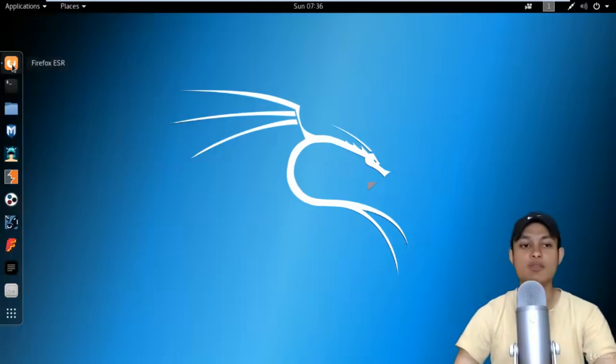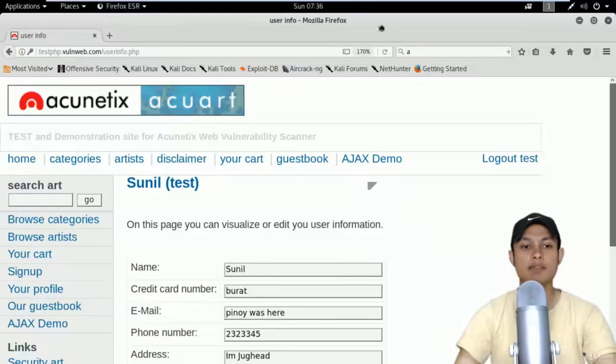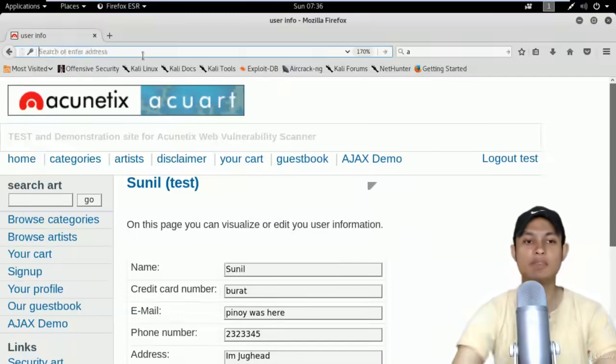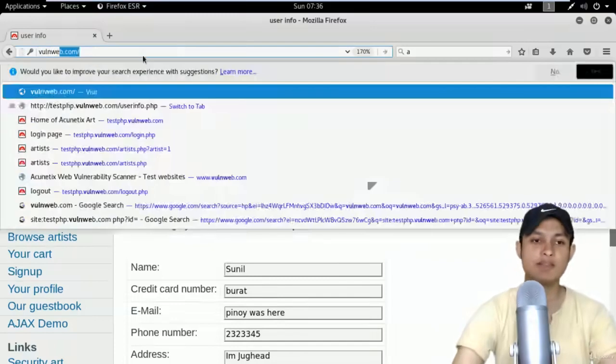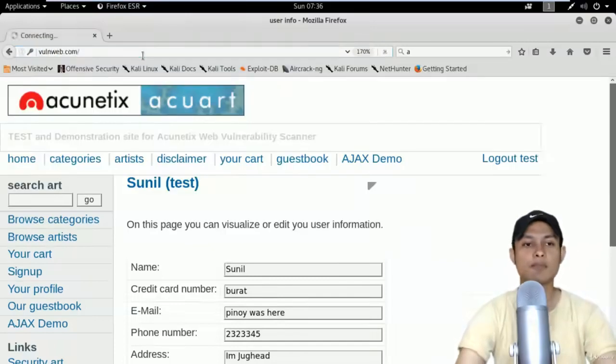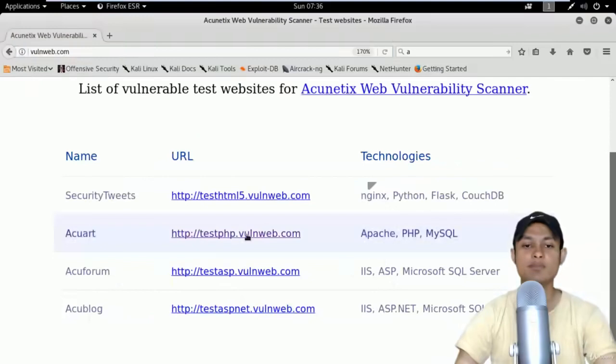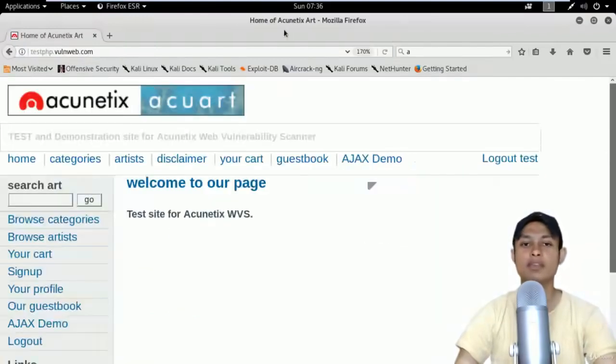Let me show you. Open the browser of Kali Linux and the same website which we generally use for testing, testphp.vulnweb.com. How will you open this website? First of all, you can open this link, vulnweb.com. This is a sample website provided by Acunetix, and inside that you can use the second option, testphp.vulnweb.com. We are going to gather information about the username and the password of the admin panel without using